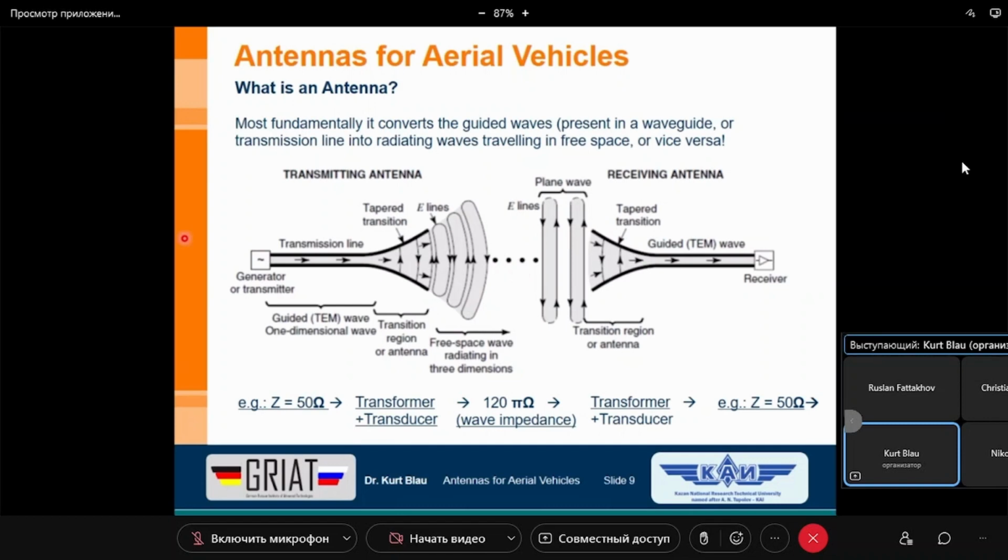Again, we have here a generator, not modulated, only sinusoidal, delivering for instance 1 volt peak squared. Then we have a half volt, we have the half power, and we can see that the wave goes out in the free space over a very large distance. At the input of the receiver, it's not an exactly plane wave, but it looks like a plane wave. The radius here is very, very large, so we can assume that it's more or less